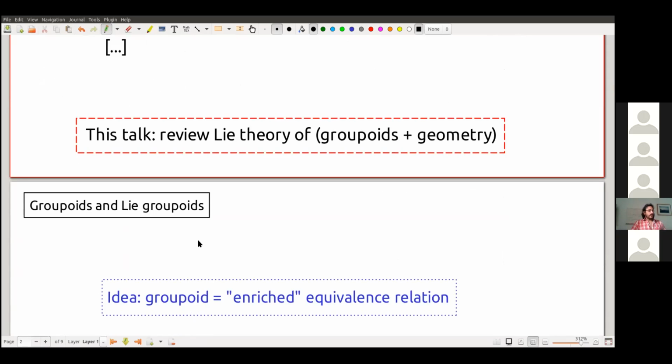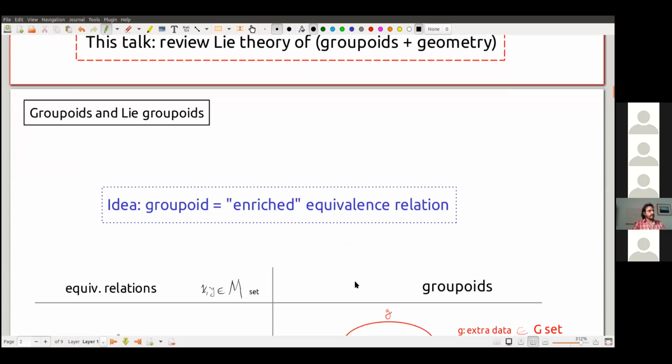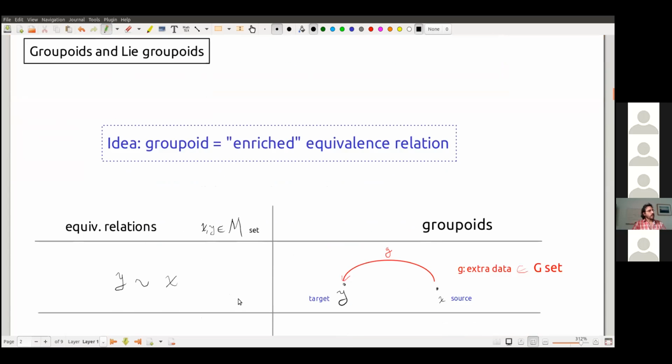And there are many ways to present what a groupoid is. One that I'm going to use here is as an analog of an equivalence relation in a set, but now it's enriched. So let me draw this. So we have a set. On the left, we have equivalence relations, which we all know. And the idea is that in a groupoid,